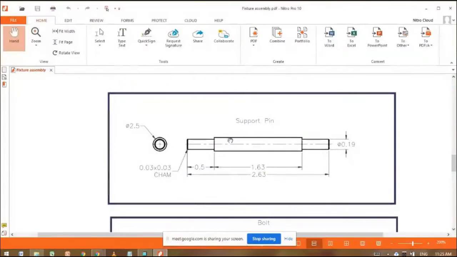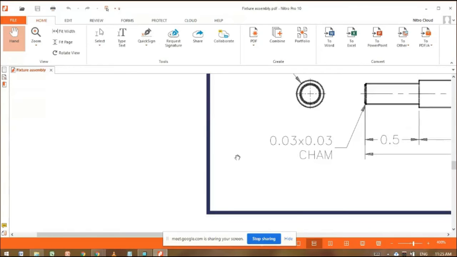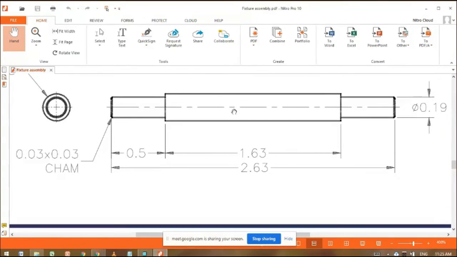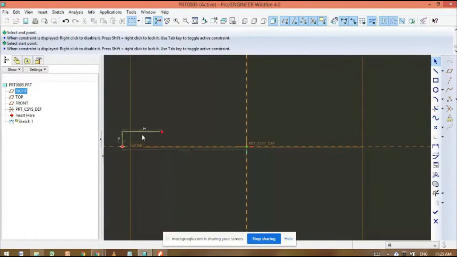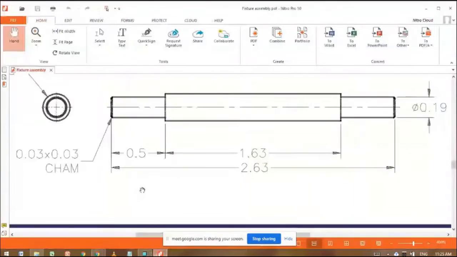To revolve, this part we can revolve along the axis. So this center line is the axis. The center line will act as an axis. We can draw this complete sketch and revolve it along the axis. By default, the axis is available. Okay, then give the dimension. Here we require to give the half dimension.